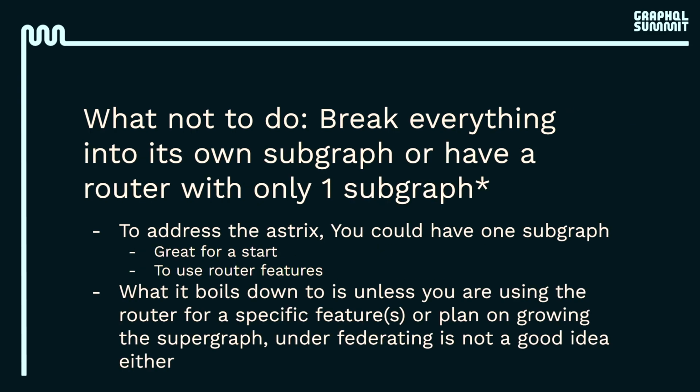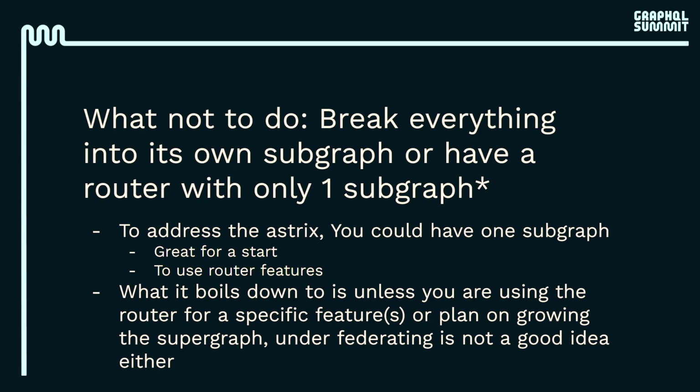So to talk about the asterisks quick, on the other side of that, having a single subgraph and having a router is normally a bad idea unless you have some stuff you're shooting for. If it's your first subgraph and you're trying to get to a second subgraph, or you're going to split down that monolith, then it's actually a good thing to have that repo because you're in the process of getting somewhere. When you just have that and, hey, I'm never going to move off this single subgraph, it's not really a great thing because what you're doing is you're just putting another network hop for not a lot of benefit. Now, if you're using stuff from the router, it's great, right? If you're using @defer, awesome, stay with that, it's great. But if you're just putting it there to put it in front of one subgraph that's never going to change, it's really a bad idea.